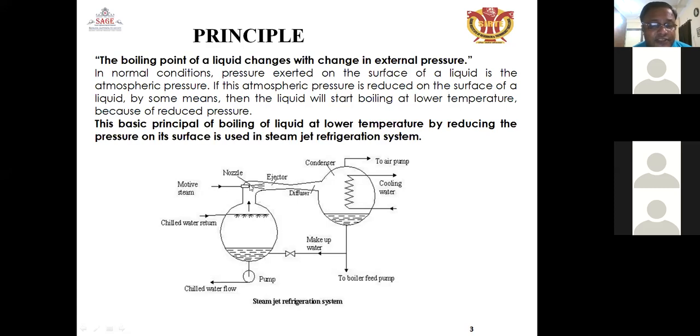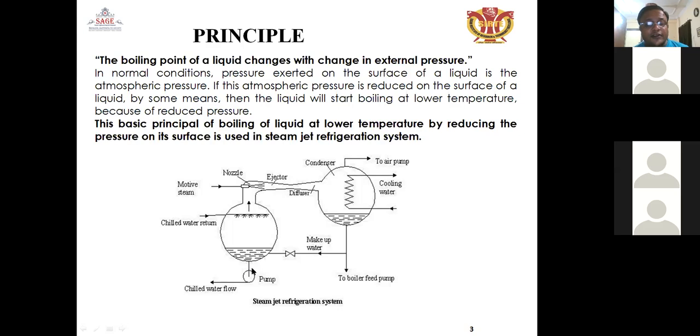if the motive steam is passing through this nozzle, and the water is passing through the device, when impinging or collision is taking place, water and steam both will collide here at this point and pass through this side. This is the chilled water return because this is a perforated tube. This is passing through these tubes, and the refrigeration effect will be produced on the bottom sides.